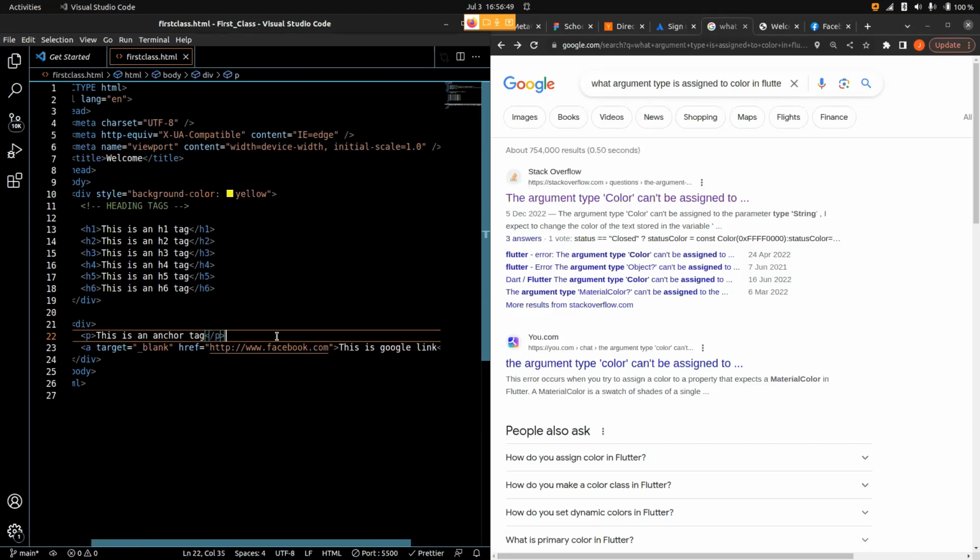That is what it represents, that's what the a is meant for. So you can write your a tag inside any tag. You can write your a tag in a span. You can write your a tag in a p tag. You can write your a tag in an h1 tag. You can write it anywhere. For example,